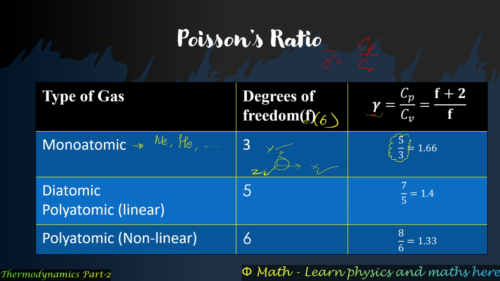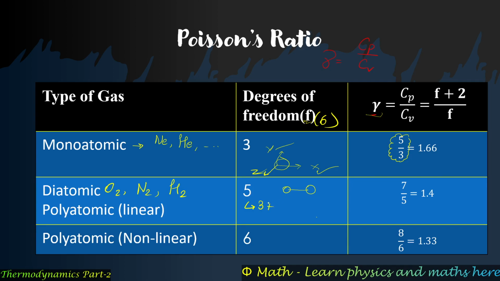If we look at diatomic gases, these gases include O2, N2, H2, which just form one bond to complete their octet, and after that they are stable. If we look at the structure of oxygen or any of these gases, it is a little bit like this. As you can see, this structure can move in x, y, z, three different directions, and can rotate about three different directions. So their degree of freedom will be 3 in the translatory motion,